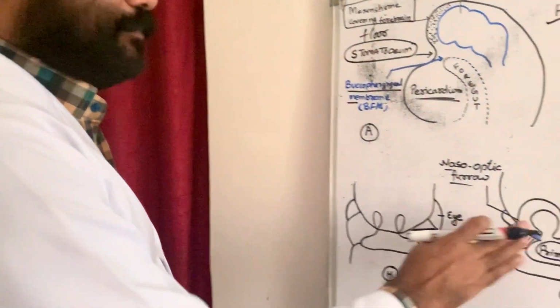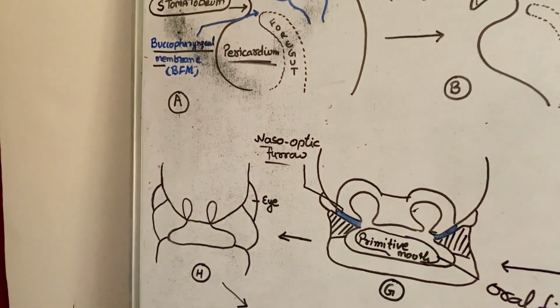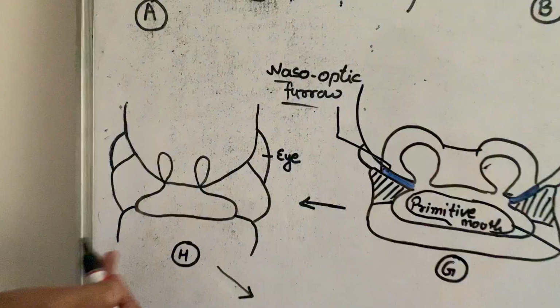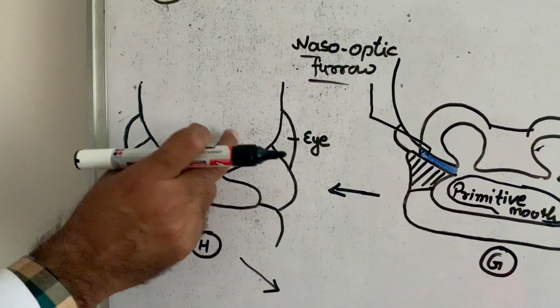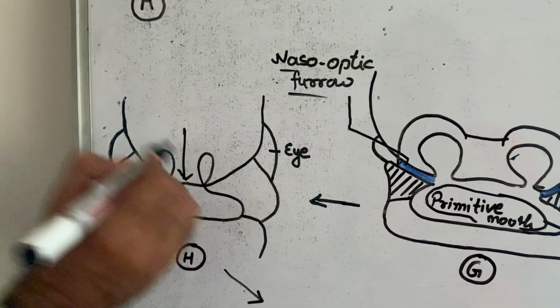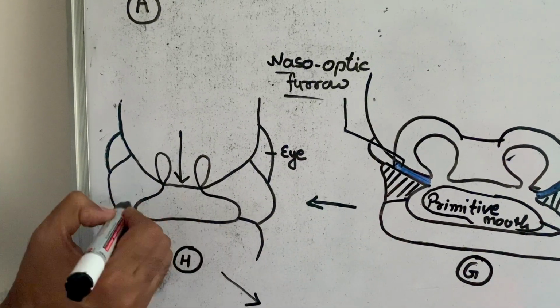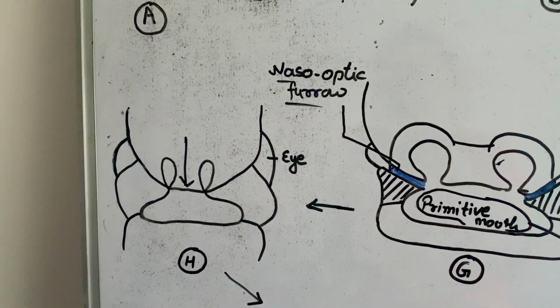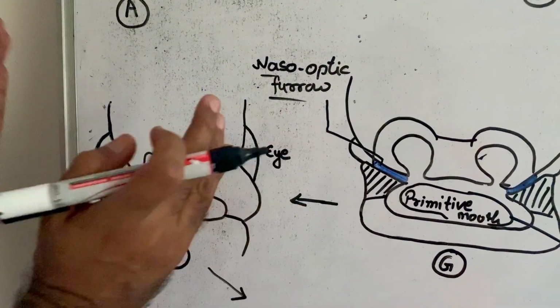So you have to just remember the position of the maxillary process, the frontonasal process, along with the other positions. Then we move towards the other diagram. You can see the complete fusion of the nasal pits. The narrowing of the frontonasal process starts. Similarly, the stomodeum also starts shrinking towards the medial side, and they are taking their actual shape of the